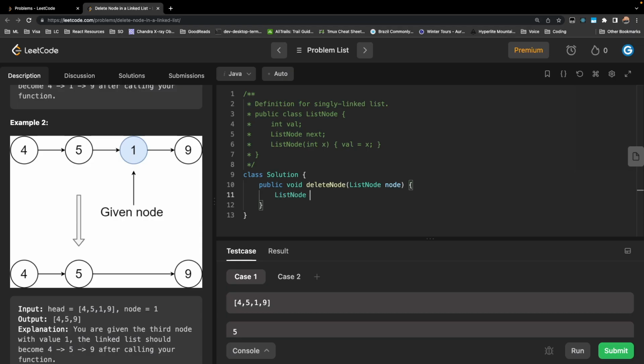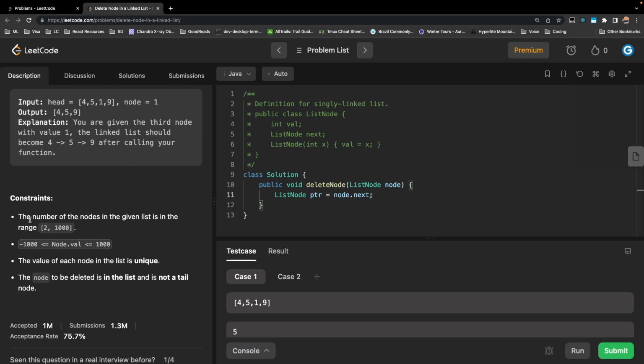So let's take a pointer, and node should never be null. Let's see. The minimum number of nodes is 2 in the list, so this would never throw us a null pointer exception, so we are safe. Now what we would do is, while ptr dot next